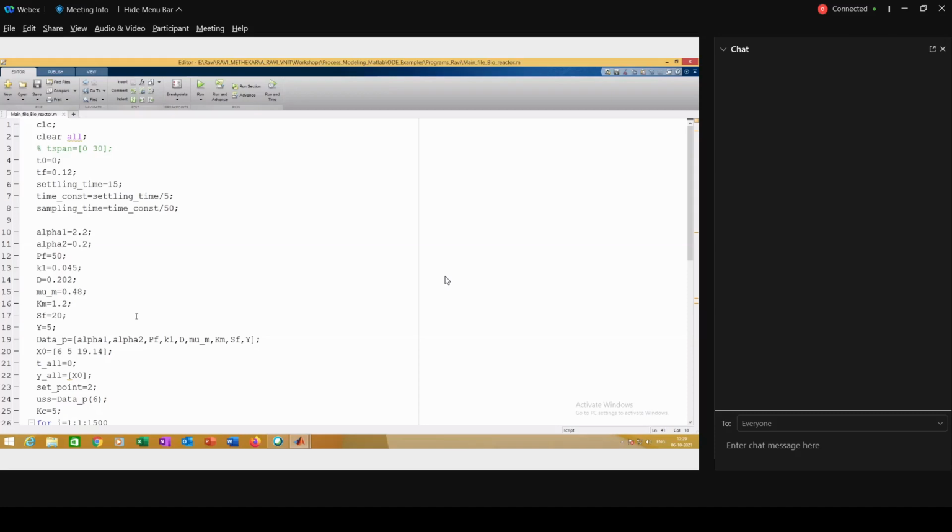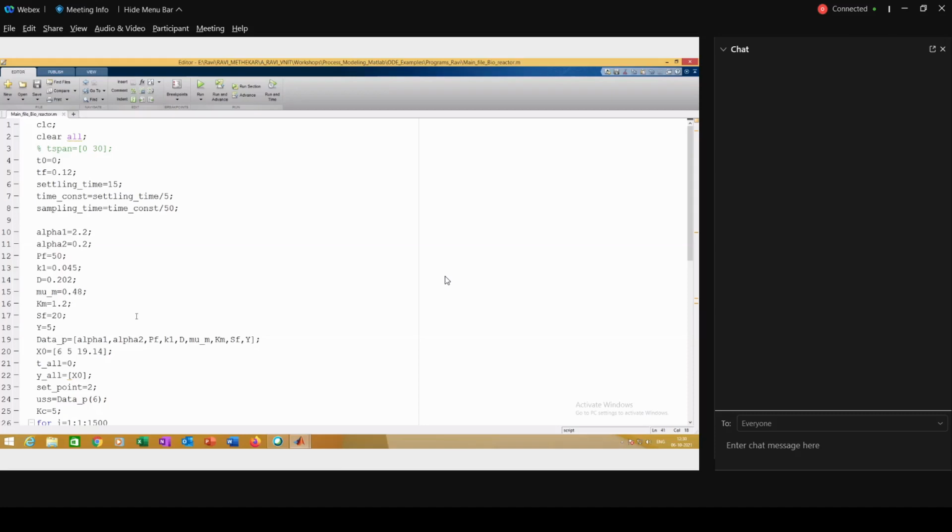Fine. So we have the model, we have differential equations. First we simulate the differential equations and get the initial response. From that, approximately, we find how much time it took to settle down. Let's say we got X time units for settling. Then we find the time constant; the rule of thumb is settling time divided by 5. Once we found the time constant, we found the sampling time.